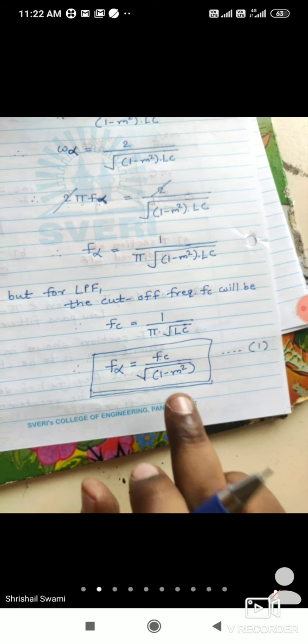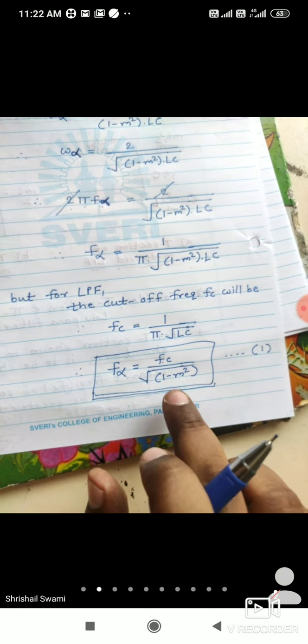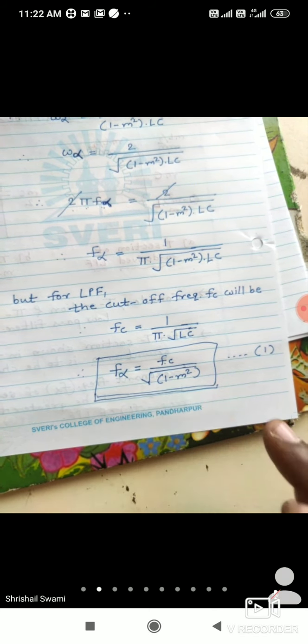If you want the expression of m, you will have to make a little modification. You will have to take this term here. So what will be the new formula for getting the m expression? So make the changes here. Now if you take it like this, under root 1 minus m square is equal to fc upon f alpha. So take the square on both hand side. You will get 1 minus m square is equal to